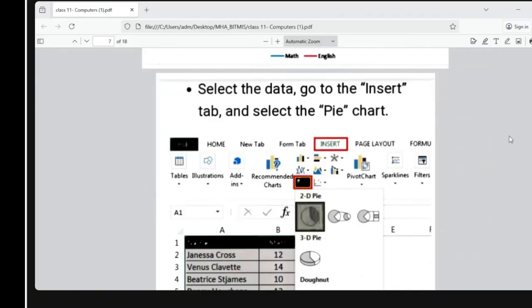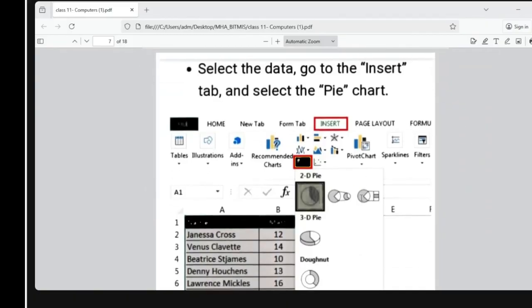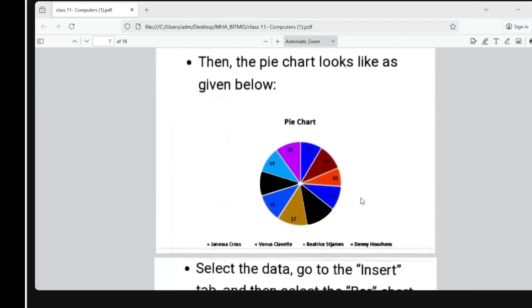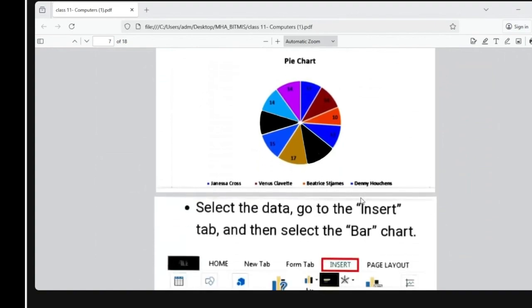The list of charts is available there. See, this is the pie chart. The marks are converted into a circle and sections of that circle have been created. So this is called the pie chart.